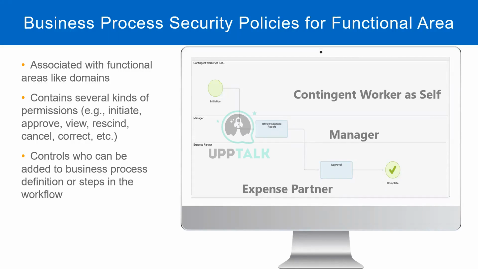We can't just say this process step should be done by such and such. So first we have to go to the security policy, and we have to ensure that that security group is allowed to do that step in the business process definition. It's a very, very common mistake. Even senior consultants sometimes miss this part, that in the business process security